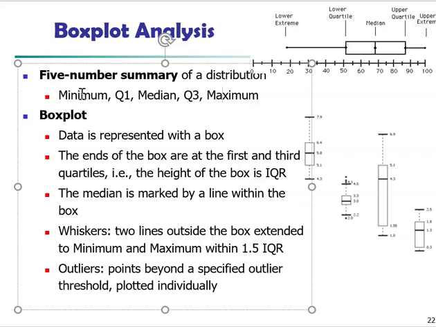From the minimum, the first quartile covers a portion, 1/4 of all the observations. The second quartile also covers one portion, a quarter of all observations, and the third quartile the same. So